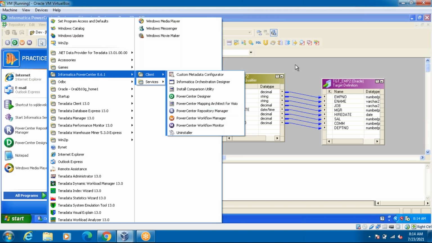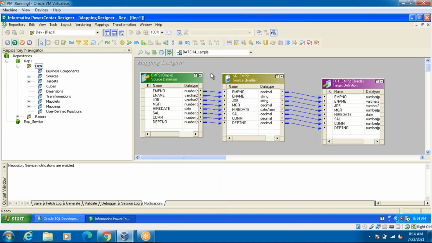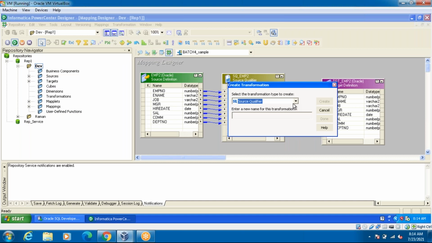Okay, we'll see what kind of transformations are in the Informatica. You are able to see all those things here. So this is the filter transformation, expression transformation, update strategy, and then the aggregator transformation. So like that. If you go to the transformation menu, you are able to create the transformation. By default, as I told, whenever we pull the source table, automatically it will get one transformation. That transformation is called the source qualifier transformation, an inbuilt transformation.